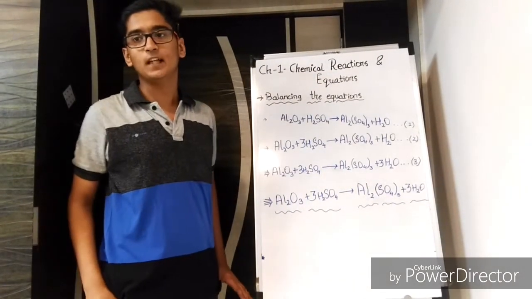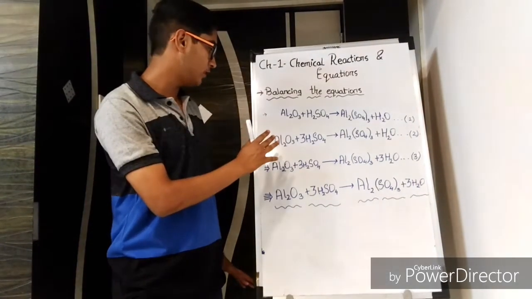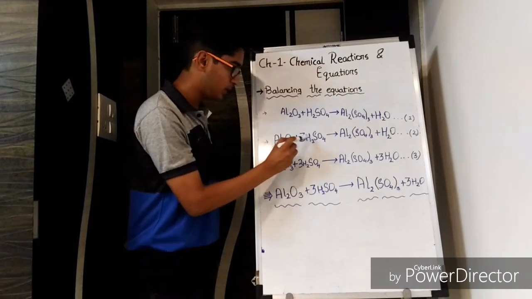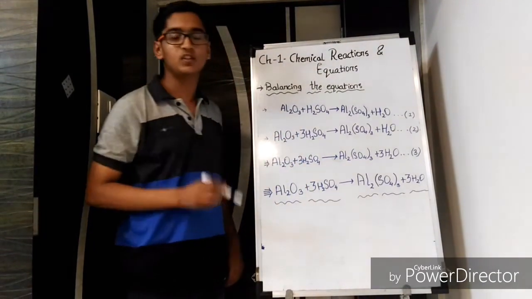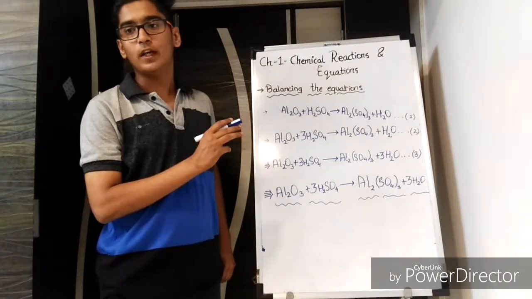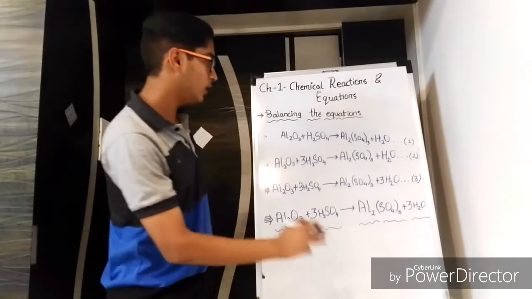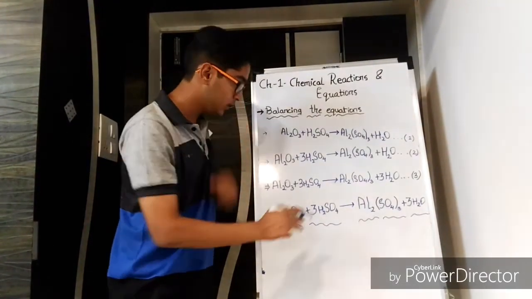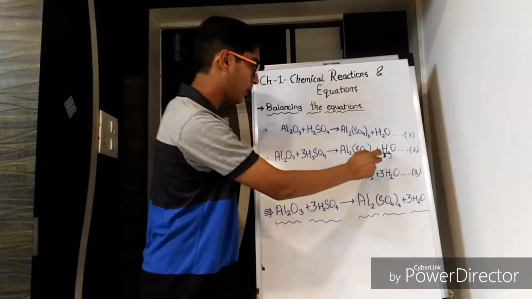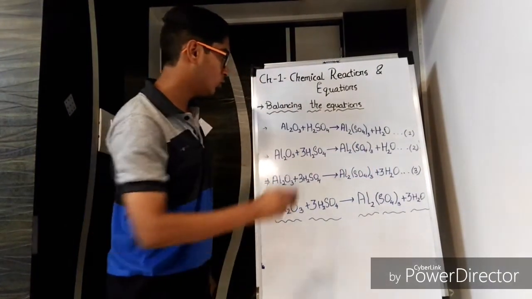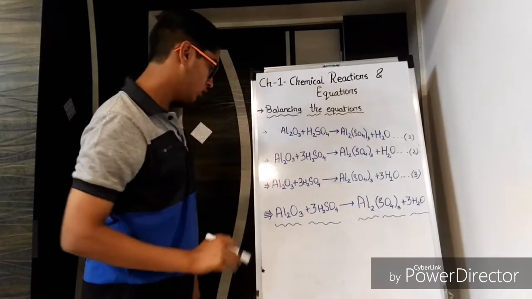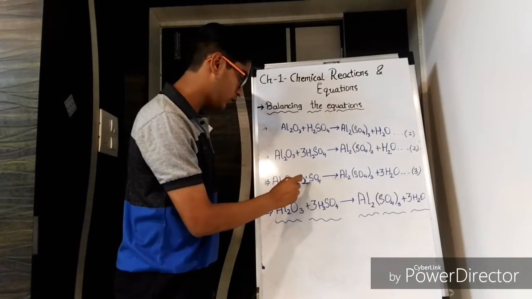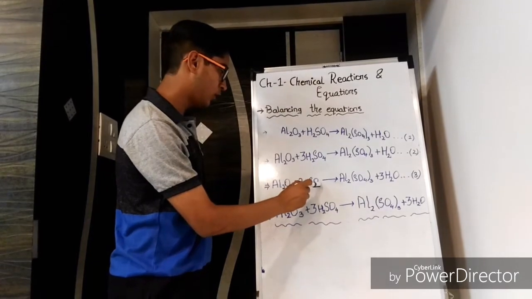Now there are 6 hydrogen atoms on the reactant side. So this is 3H2, that becomes 6H, 6 hydrogen atoms on the reactant side, while there are only 2 hydrogen atoms on the product side. So we need to balance this again. So if we take Al2O3 plus 3H2SO4, that becomes